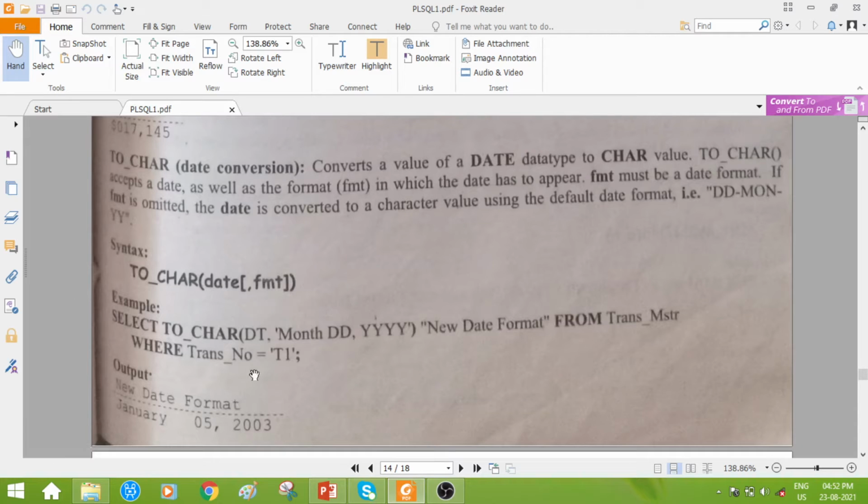So transaction master is a table and transaction number is an attribute. I can say this is a primary key, and in a primary key you are finding the value t1, transaction 1, the meaning. Okay, so in this table with the column heading transaction number, the value should match what? T1. So whichever row has the T1 value for the transaction number column, it has to refer to that row, and from that row it has to pick which one?